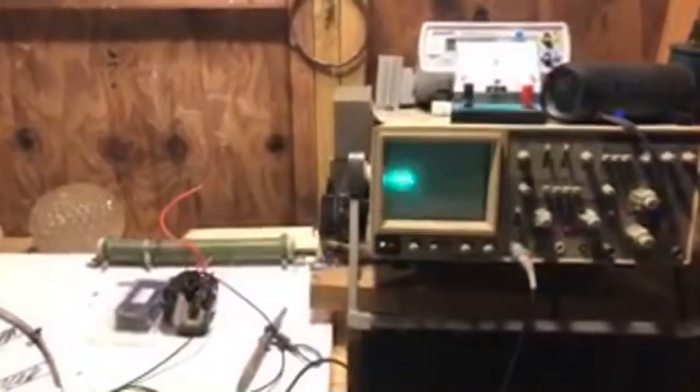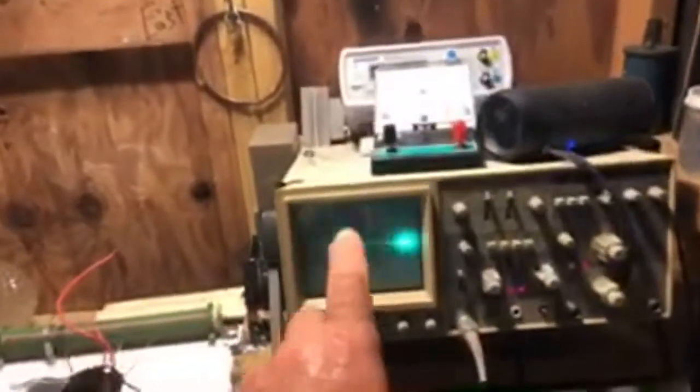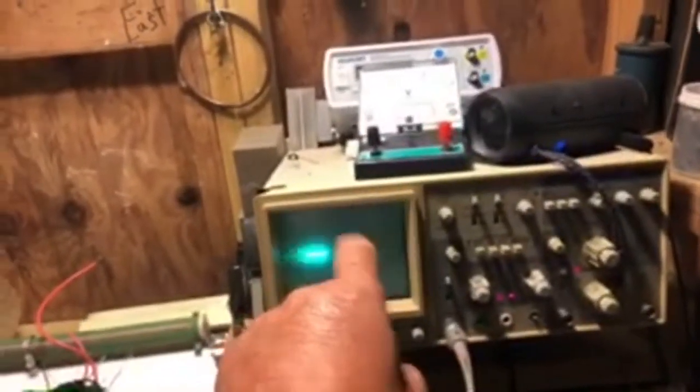All right, let's go to the third part of this. Let's go ahead and slow this thing down. Now we're going to go into the oscilloscope. All right, so right now there's nothing turning. Now remember, this is coming out of the PMH, going into this sucker, and this is going to show exactly what the digital was showing, the peaks and the valleys. Now, we're going to include something else into this visual part when we turn the wheel. Not only are we going to see the peaks and valleys, we're going to analyze the top of the peak,